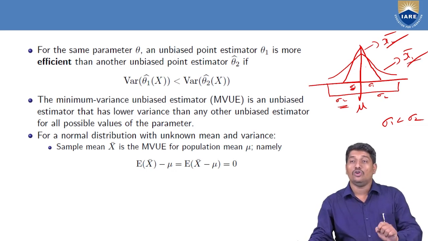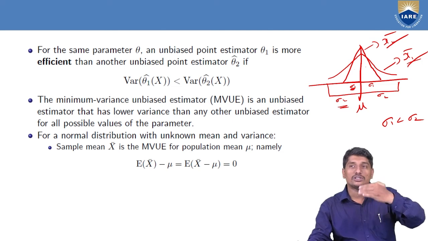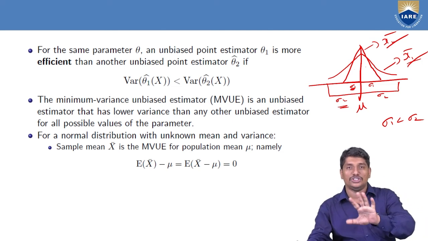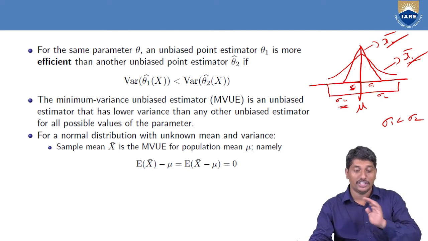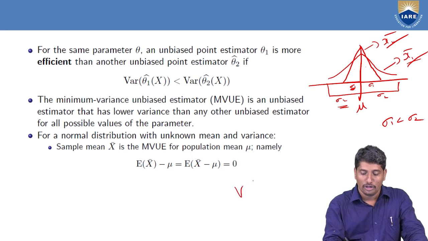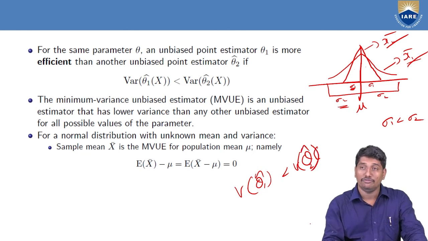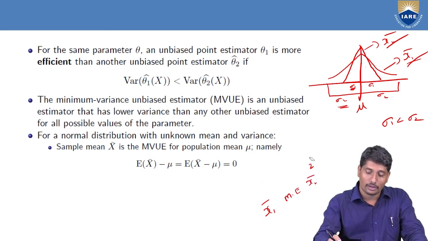So when we have more than one unbiased estimator, we judge the betterness of the estimators by using the efficiency, that is the variance. If variance of theta 1 cap is less than variance of theta 2 cap, then we call the first estimator x1 bar more efficient than the second estimator x2 bar. Okay, so now